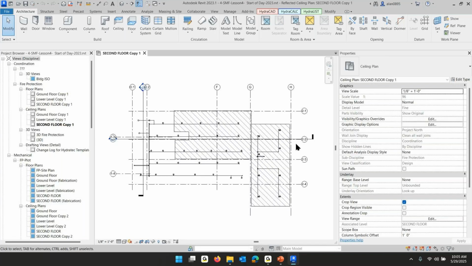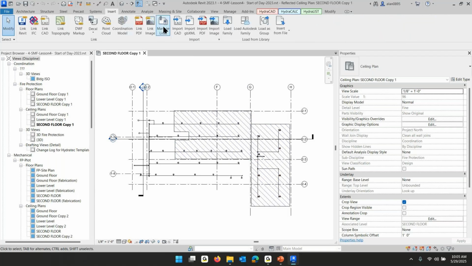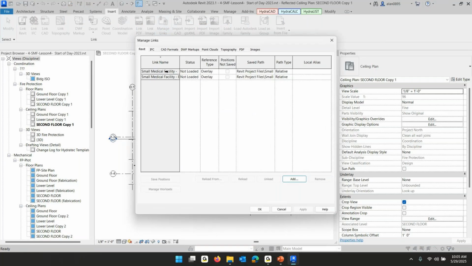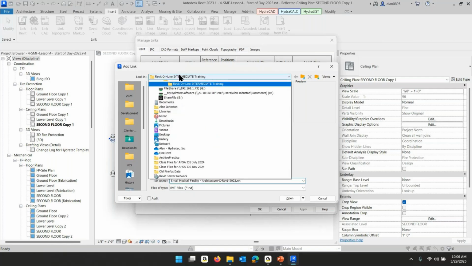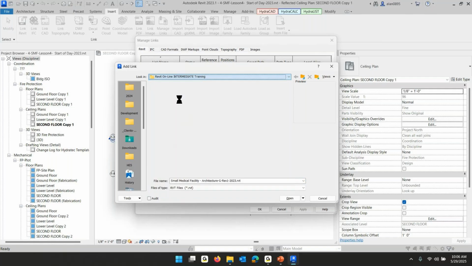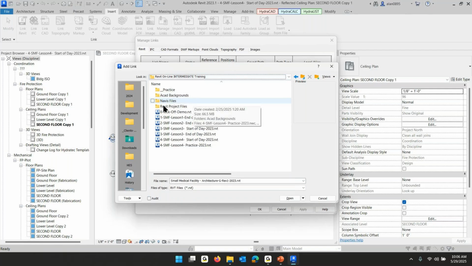And there it is, our sprinkler system with 2 of the 4 remote areas, but I don't see the building. So I'm going to go to Insert, Manage Links, and in here that says those are not loaded. So I'm going to click on the first one. I'm going to say Reload From, and then I'm going to drive to CHES Training, and I'm going to go